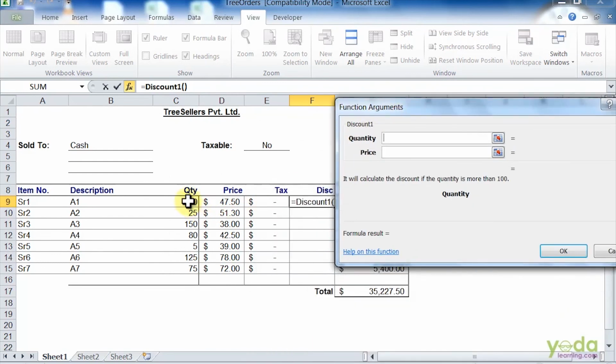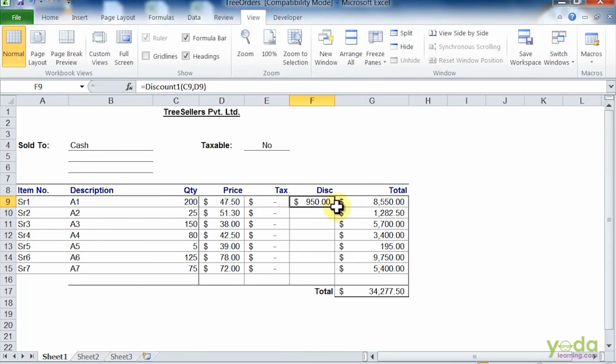Simply I can give the reference of the cell where my value is, and it will show me the description that I entered in the options box earlier. It will calculate the discount if the quantity is more than 100. So I'll say OK. So it has calculated the value for me.